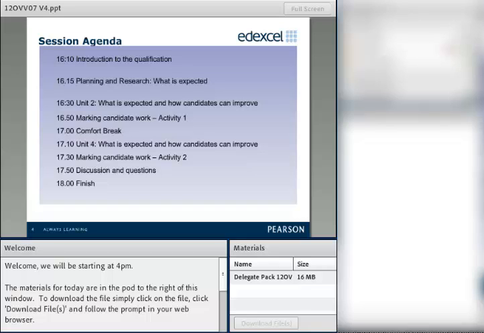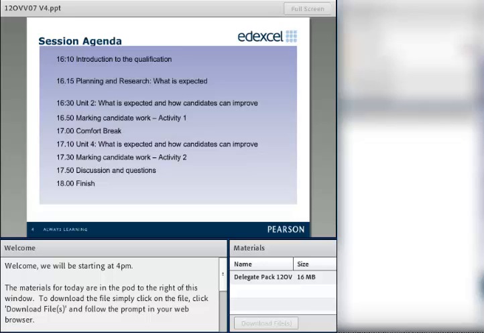This is a rough idea of the session agenda. It's probably pretty rough, actually, and what I would say is that I will be moving on to Unit 4 at 5:10, regardless of where we've got to. So the first bit we'll start with planning, then we'll look at Unit 2, and then we'll look at Unit 4. So my aim is really to split the session between the two units. I appreciate that some of you may just be doing Unit 2, or some of you may just be doing Unit 4, but I'm just taking them in order. So I hope that makes sense to you.